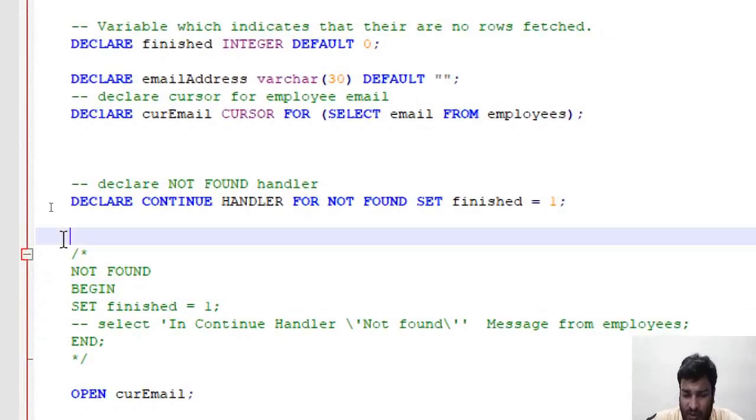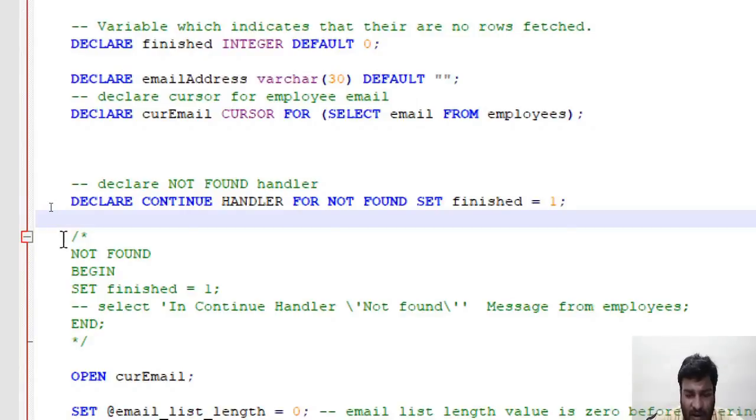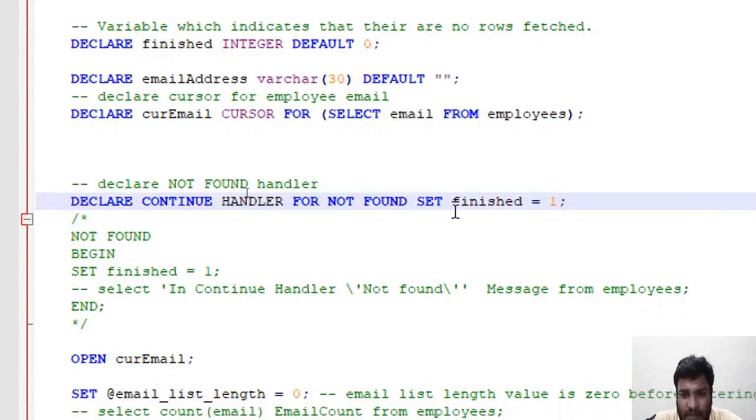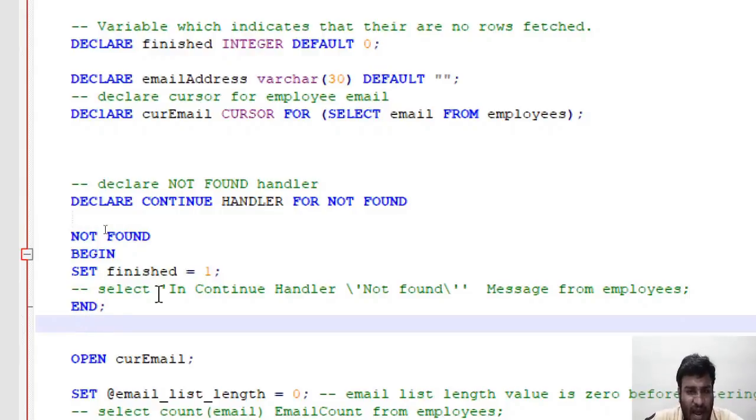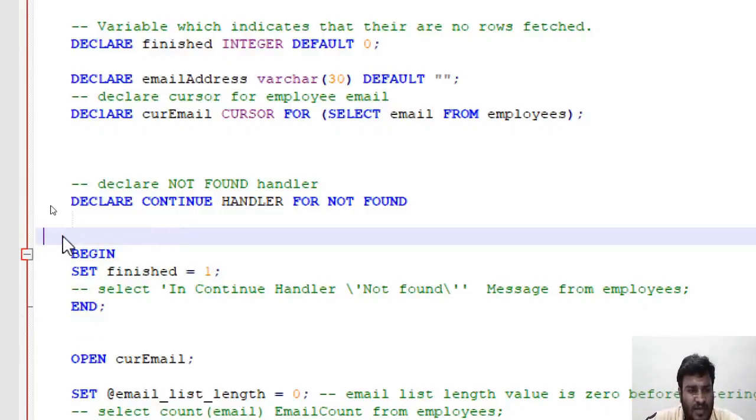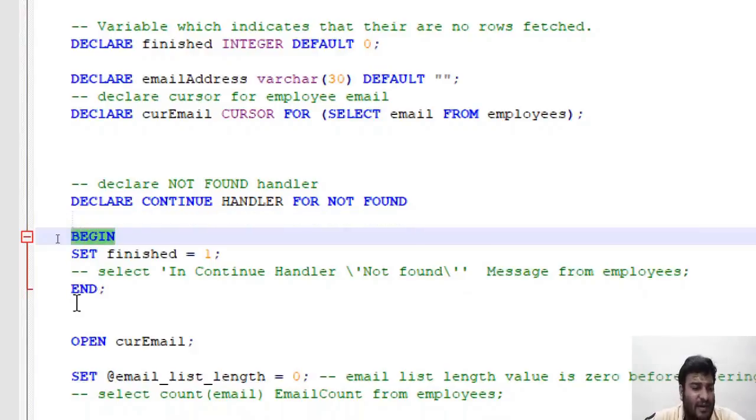One thing I want to add over here is that this is a single statement, so this works in MySQL at most places when we say NOT FOUND and there is a single statement, which is SET finished equal to 1. If we need to write multiple statements rather than a single statement, I can cut it, remove these comments and NOT FOUND as well because it is already present above, and say BEGIN and END.